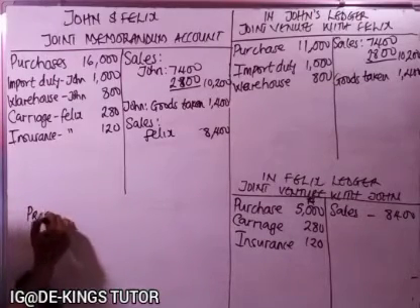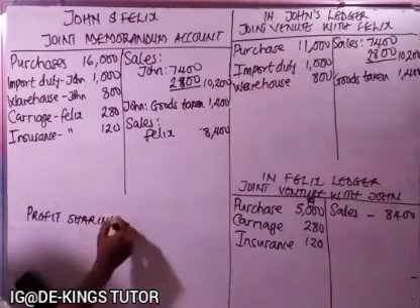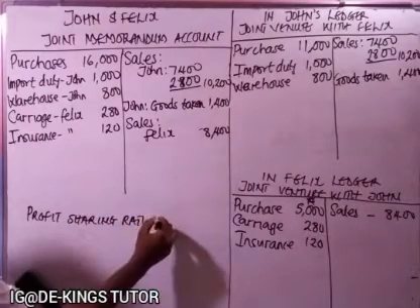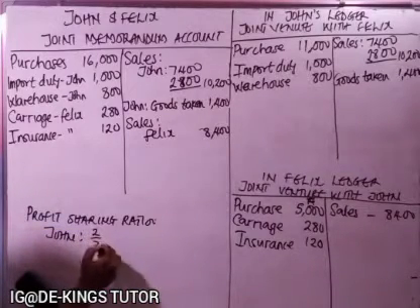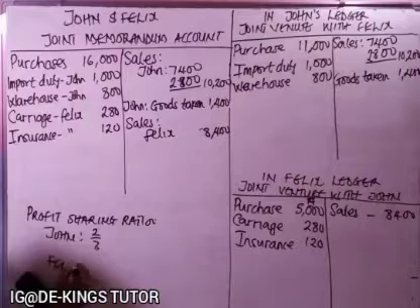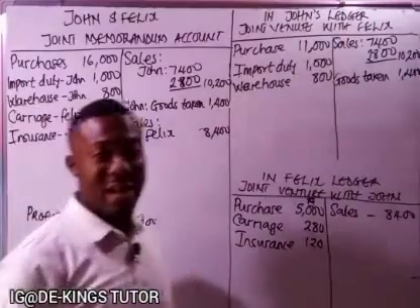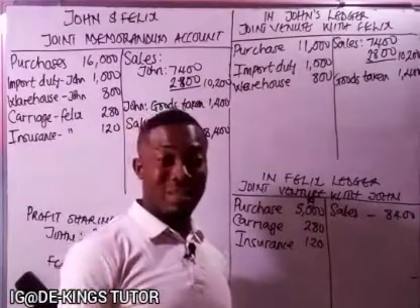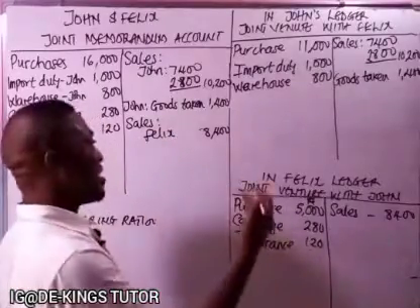Okay, so we have their profit sharing ratio. For John it is 2/3, while for Felix it is 1/3. Okay, so when you get to this point, after you've recorded the expenses they incurred and also the sales they made, and also done that in the joint memorandum account, the next thing now is to